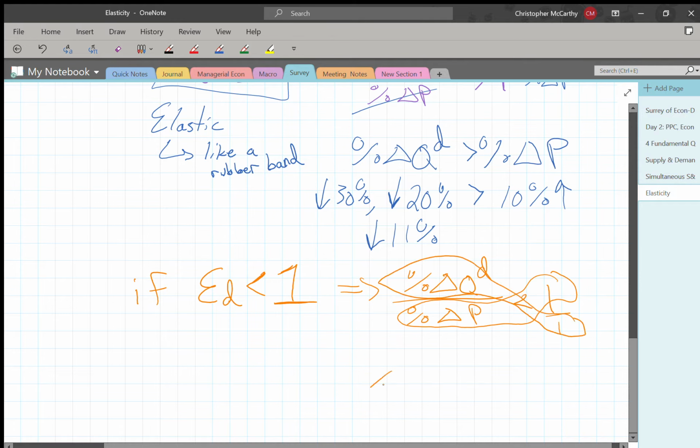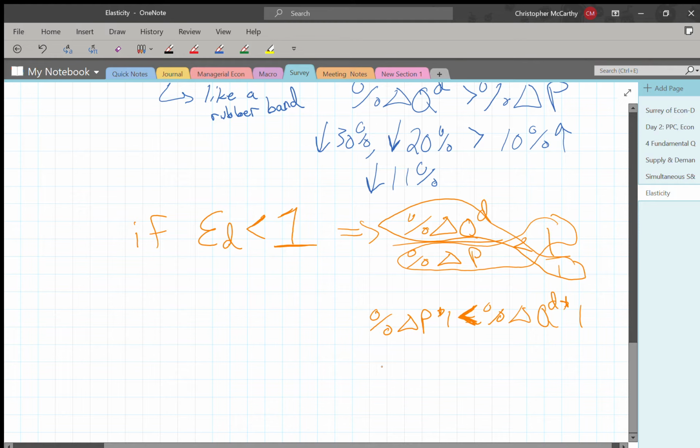So we end up with percentage change in price times 1 is less than percentage change in quantity demanded times 1. Got to make sure to keep that inequality in there. Anything times 1 is just itself, so we end up with percentage change in the price is less than the percentage change in the quantity demanded. So this means that if I had some sort of 10% increase in the price, I would expect,